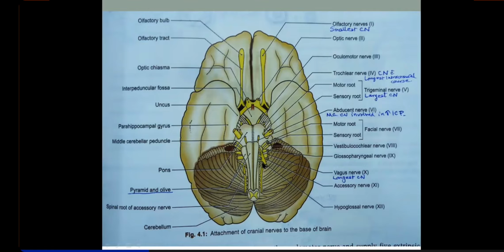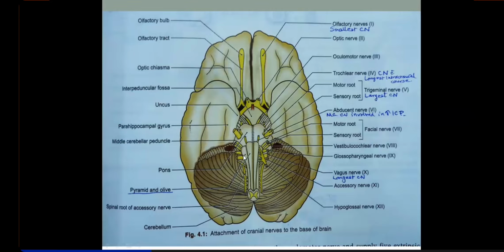Now you can ask, when we were numbering in an order from rostral to caudal, first, second, third, fourth, fifth, then sixth, seventh, eighth was medial to lateral, then why not 9th, 10th, 11th, 12th? According to the numbering order which we're following, hypoglossal should have gone lateral. But you can see hypoglossal is medial.